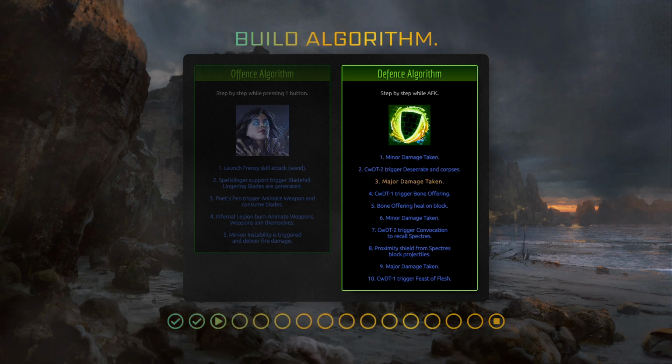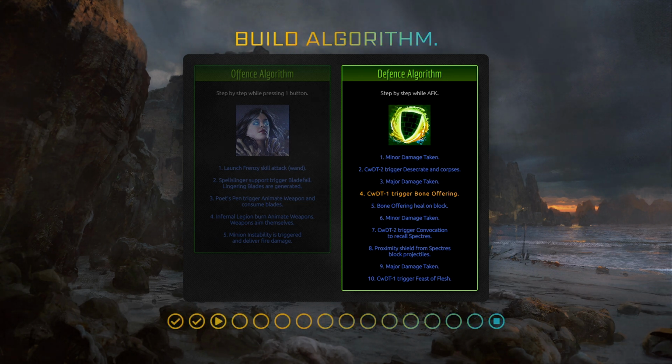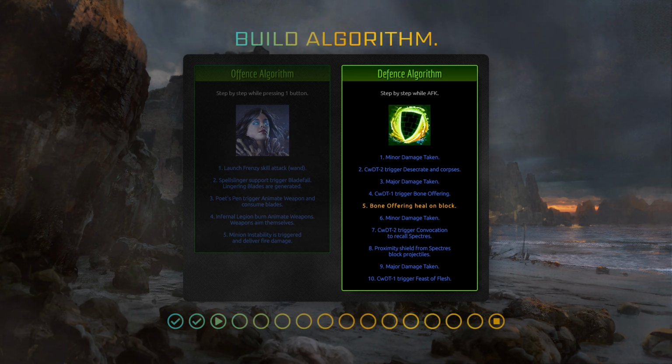When we receive the minor damage, our custom on damage taken first setup will actually trigger the Bone Offering, consuming the generated corpses from Desecrate or any other corpse on the ground. When the Bone Offering is triggered, it will actually increase our blocking ability thanks to our Ascendancy and will heal